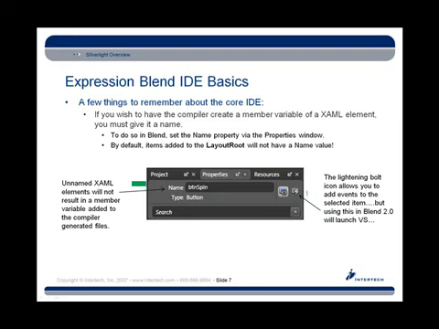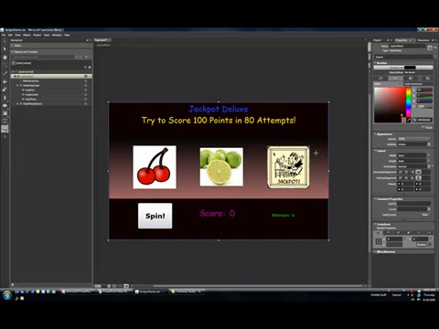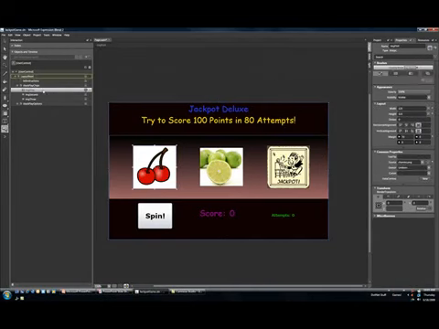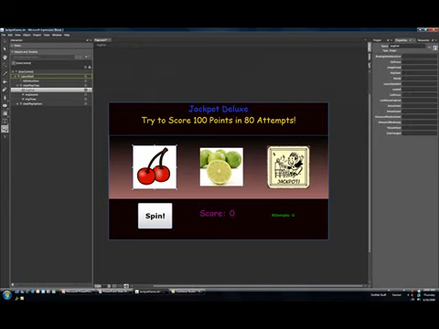And another thing too, this can be a little misleading to people. There is a lightning bolt symbol on the properties editor, and I'm sure a lot of you know that's your cue to handle an event. Well, if we try to handle an event with this little event editor, it looks like we're going to be able to do it. Let's go see it ourselves. So let's say that I'm over on this image, and I want to play around with an event right now. So I might say, let's see what happens when the image has a mouse enter. So if I were to type in an event handler here, mouse is in,